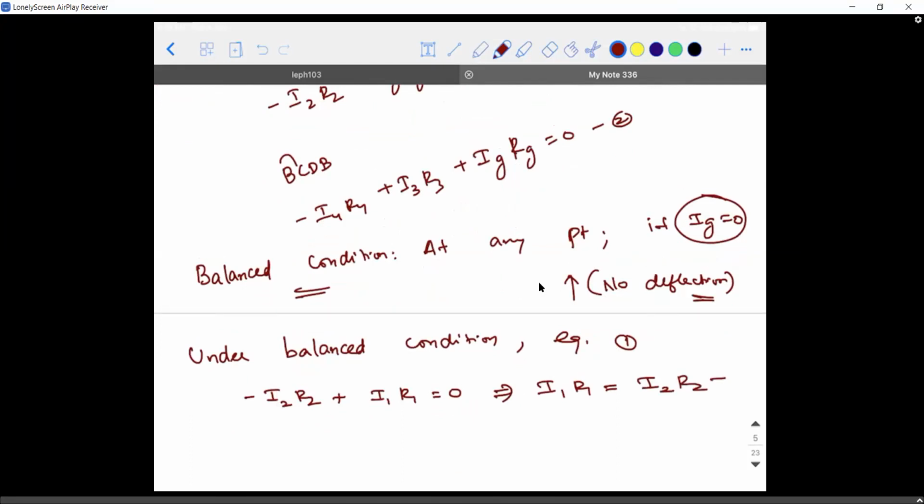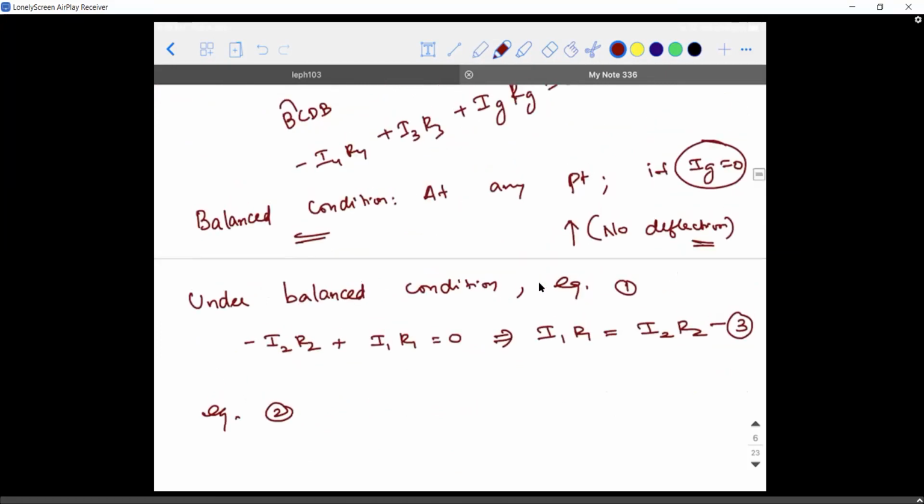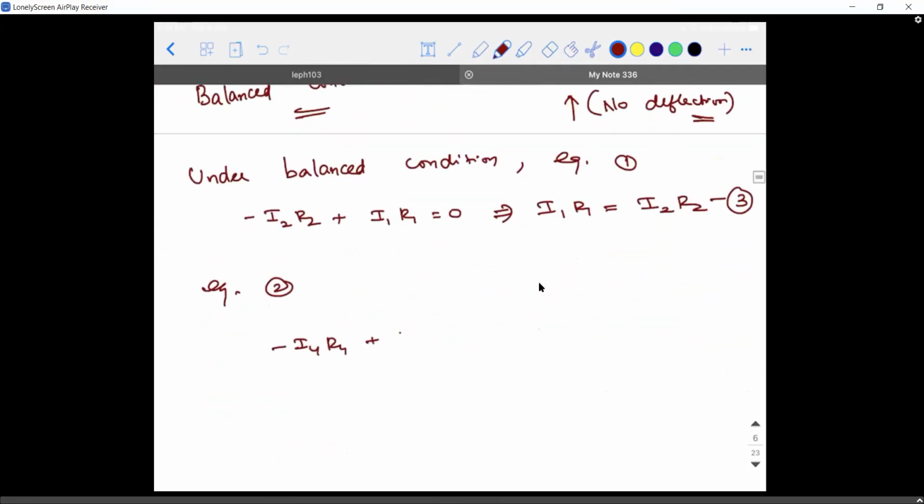Let me call this equation number 3. Similarly, equation 2 will become: minus I4 into R4 plus I3 into R3 is equal to 0, which implies I3 R3 is equal to I4 R4, and let this be